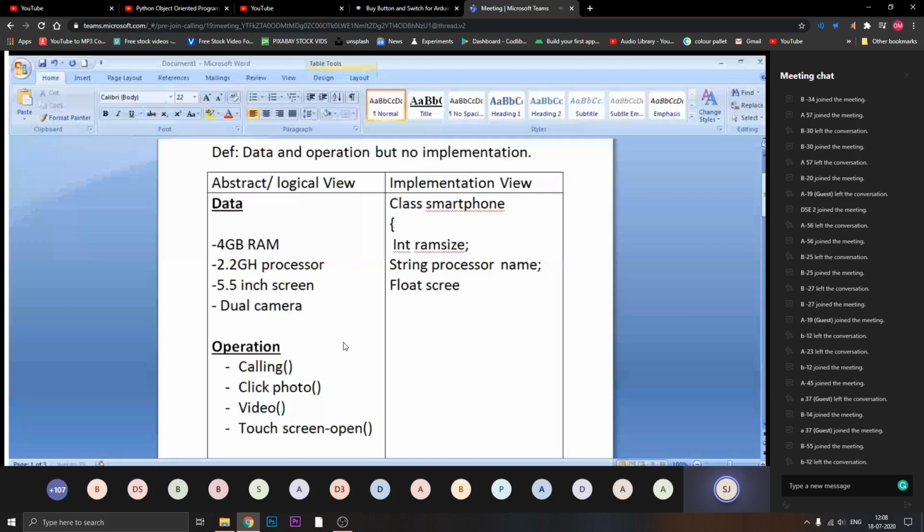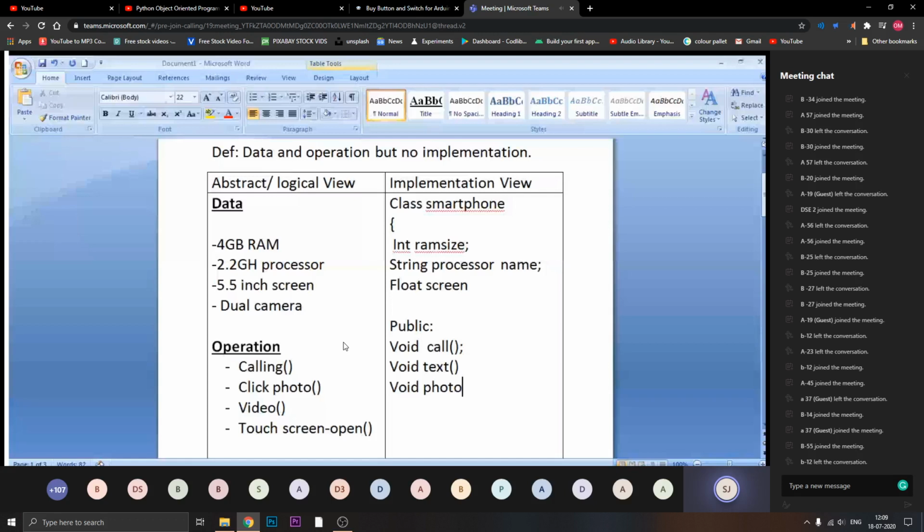Then these are my members. I will write some functions like void call, then void text messaging, void photo or click, and so on. So actually this is your implementation part, curly bracket close.